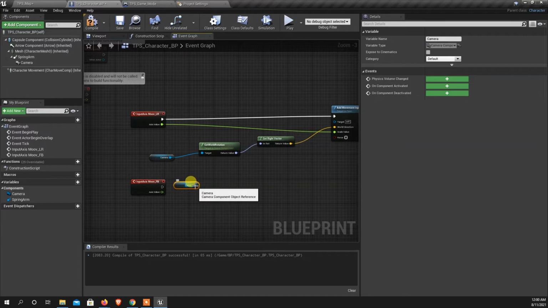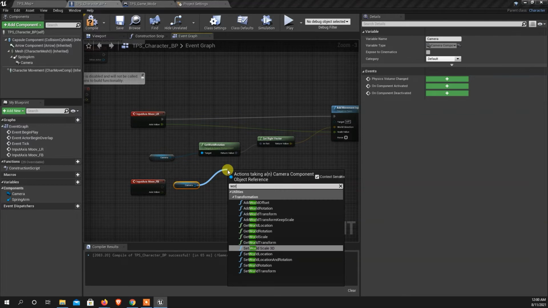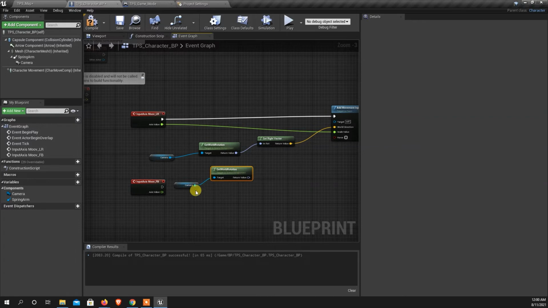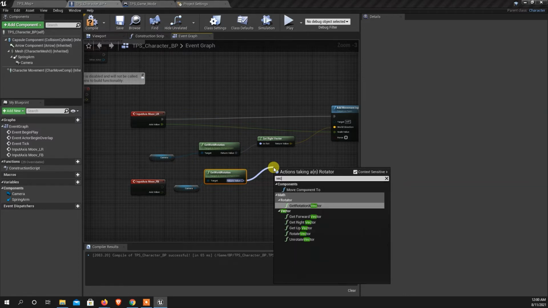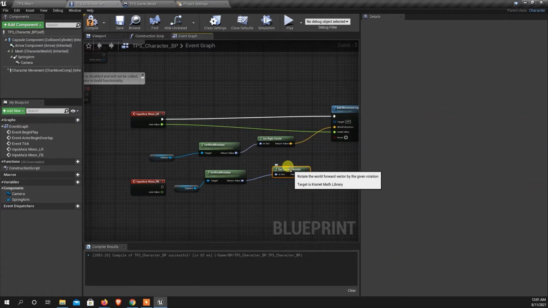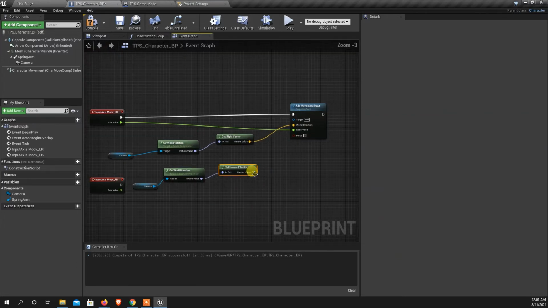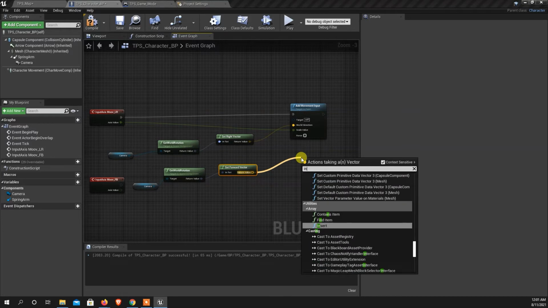Yes. Okay, now get again the world rotation, get world rotation. Okay, so for this, again I have to set the vector for forward and backward. That will be the forward vector, right? So I'll use here this one,